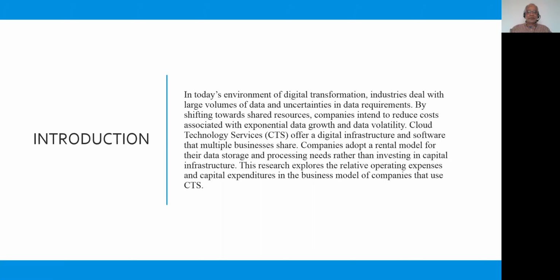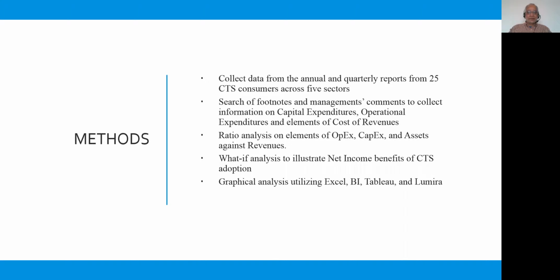This research explores the relative operating expenses and capital expenditures in the business model of companies that use CTS. We began by collecting data from the annual and quarterly reports from 25 CTS consumers across 5 sectors. We then searched the footnotes and management's comments to collect information on capital expenditures, operational expenditures, and elements of cost of revenues. We conducted a ratio analysis on elements of OPEX, CAPEX, and assets against revenues, performed a what-if analysis